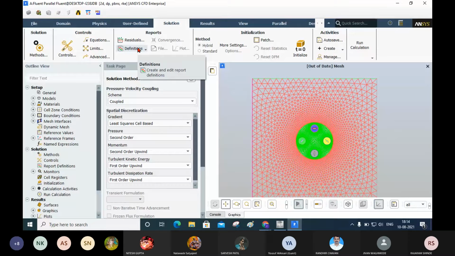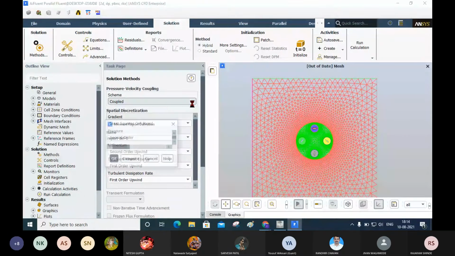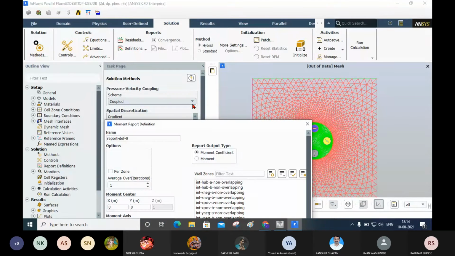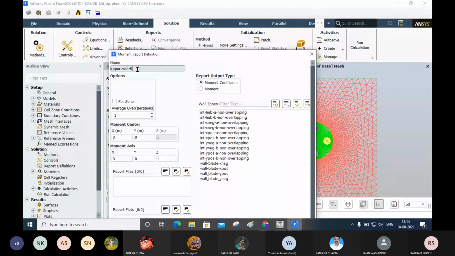Now I will go to the definition, new, and I am going to monitor moment. Suppose this is monitor 1. For movement of one blade it is sufficient. I will select this one.